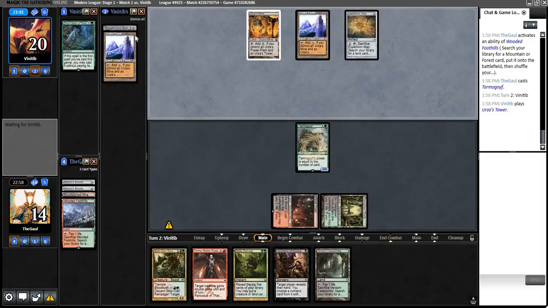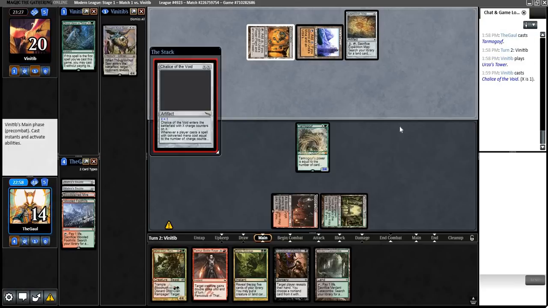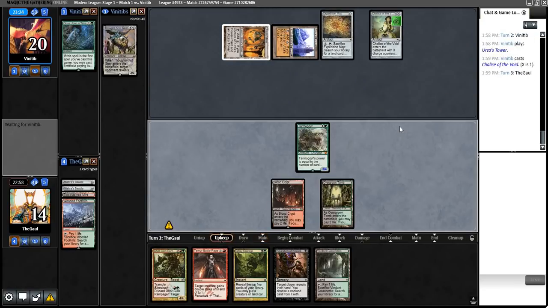Okay, there's that tower. There's a fair amount of hesitation here. We might be in for Chalice on one. They could have a Dismember, but... Wow, is this the Chalice? It is. Okay. So we're a little punished for not casting Inquisition, but at the same time, I really don't